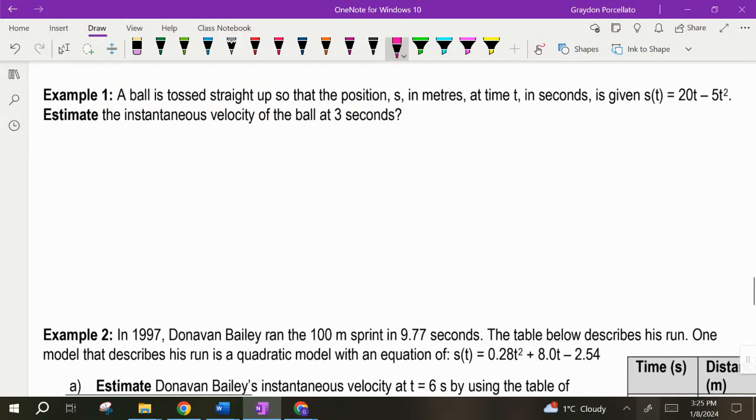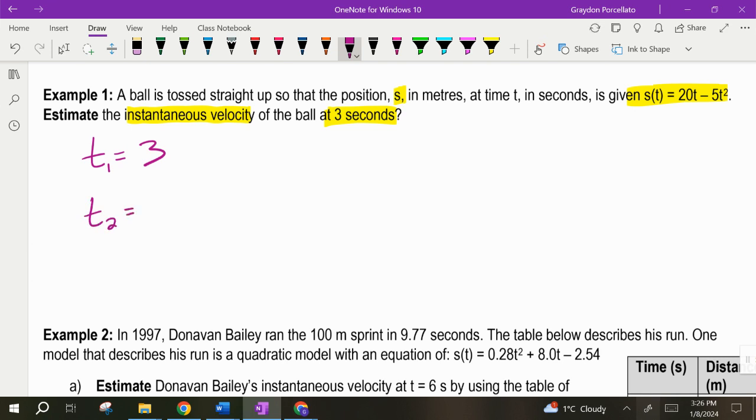Example 1. It says a ball is tossed straight up so that the position S in meters at time t in seconds is given by this equation. Estimate the instantaneous velocity of the ball at 3 seconds. So it's telling us that our t is equal to 3. We're going to call this t1. That means that t2